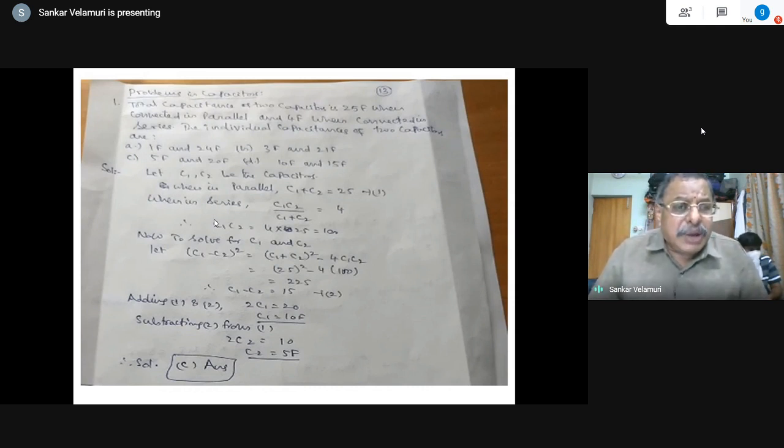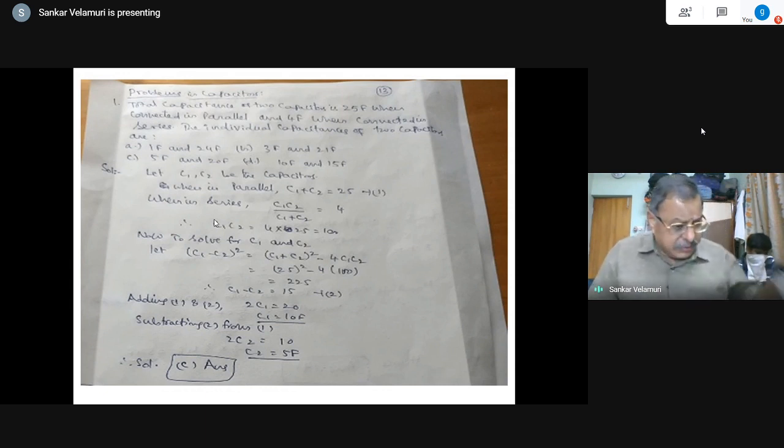Now, problems in capacitors, because this is a prerequisite for steady state analysis at the start of AC circuit analysis. So, some of the questions that I have selected may not be given in GATE, but they are for a practice session and for continuation of the subsequent topic. I have selected these 2 or 3 questions. I will explain, then I will go to the steady state analysis. Because there was some interruption today, I may extend if necessary by 10 minutes.